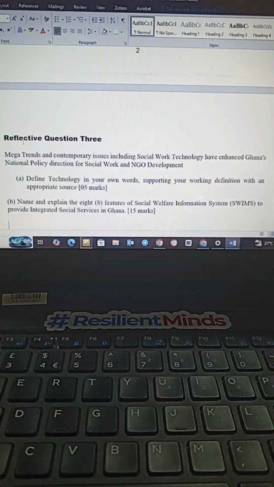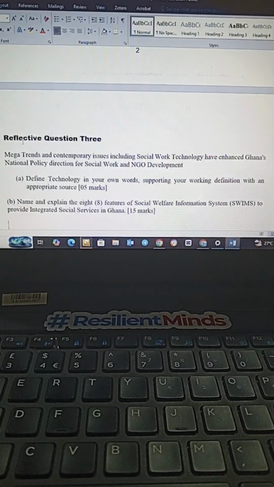Yes, so that's also one feature. And when we say monitoring and reporting, what are we trying to talk about? It helps summarize and also gives performance indicators and statistical reports. With the SWIMS you can generate statistics, pie charts, bar charts of the things you did in, let's say, the month under review or the year under review. We can give you all these things in it. So it helps in monitoring and reporting. That is one feature of the SWIMS.